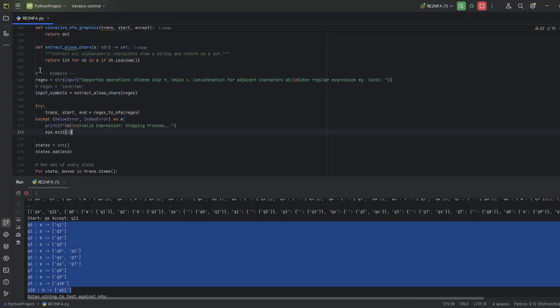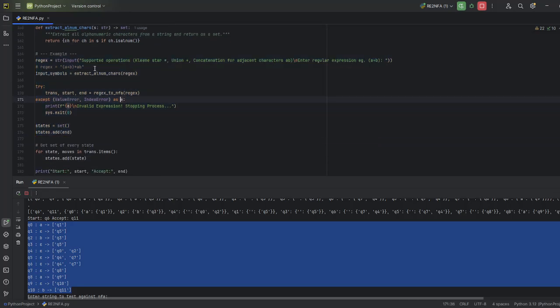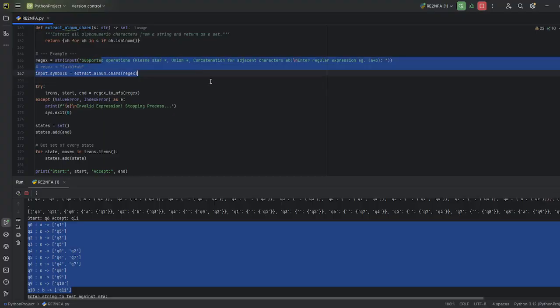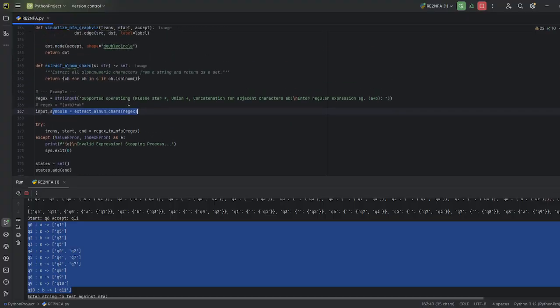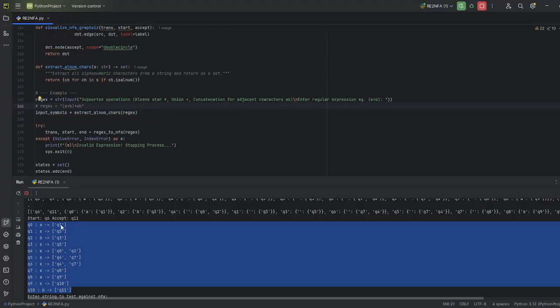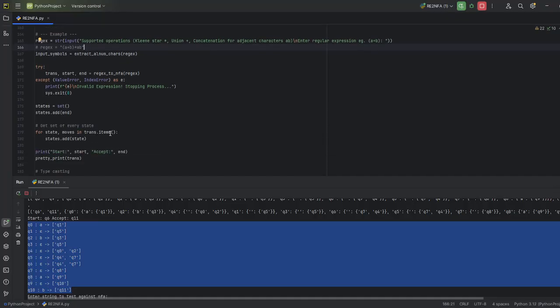Here we have the running code now. We have a prompt asking for the regular expression as user input, and then we just extract every symbol, right? So if you put A B here, it will extract A and B to be used as the alphabet.